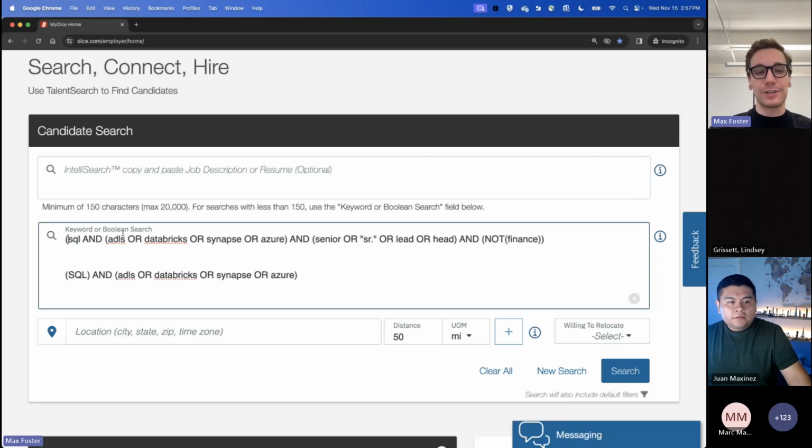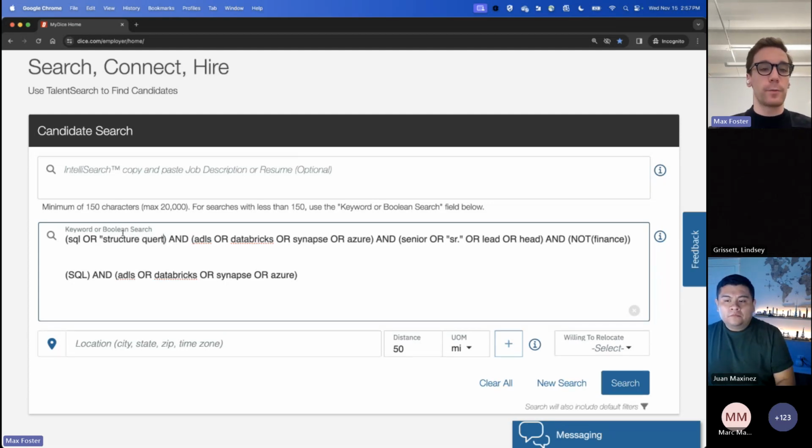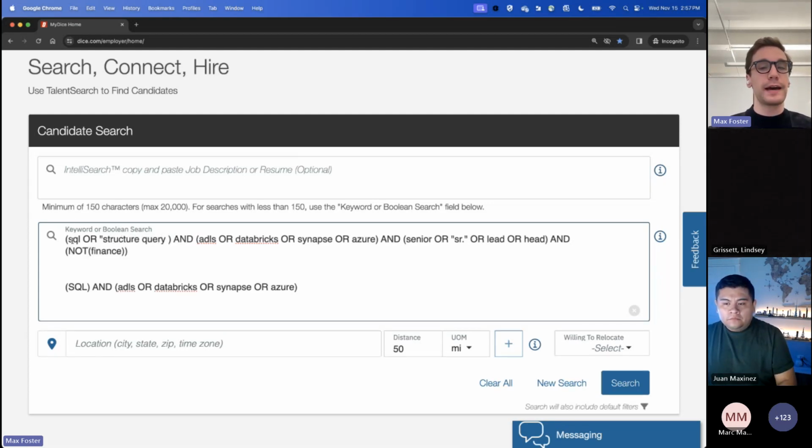The reason I suggest always leaving in the parentheses is because you are immediately going to want to rip this apart at some point and add in other ways to write that keyword. Just having SQL in there is really narrow, right? There are other ways to write that, like structured query language.